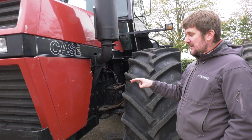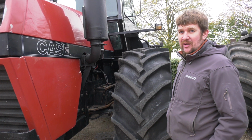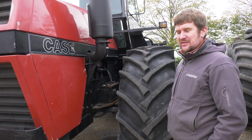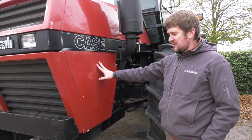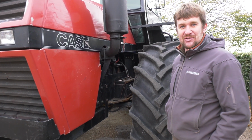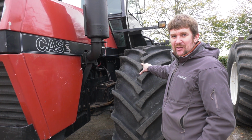There were, incidentally, two 4894s working very locally to here on a big arable unit. One of those is still fairly local to us. These were obviously preceded by the 90 series, which you would have seen in just the standard Case white colours, and then before that we had the 2670 Traction King, which I have fairly fond memories of. There was one working on a farm locally to where I grew up,